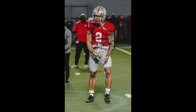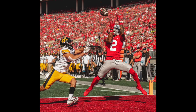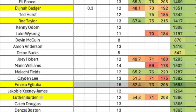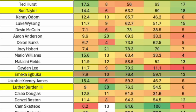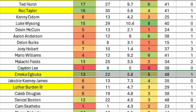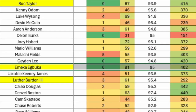And he makes a lot of sense because he is 6'1". He has good blocking. And in watching his highlights, he does seem to enjoy physical contact. In terms of his stats, he has a 52.4 run block grade. He is 6'2", 205, 7.9 average depth of target, 10 avoided tackles, 76 contested catch percentage, 59 contested catch percentage, 13 of 22 contested catches, 5.8 drop rate, 5 drops, 48 first downs, 1 fumble when thrown his way, 81